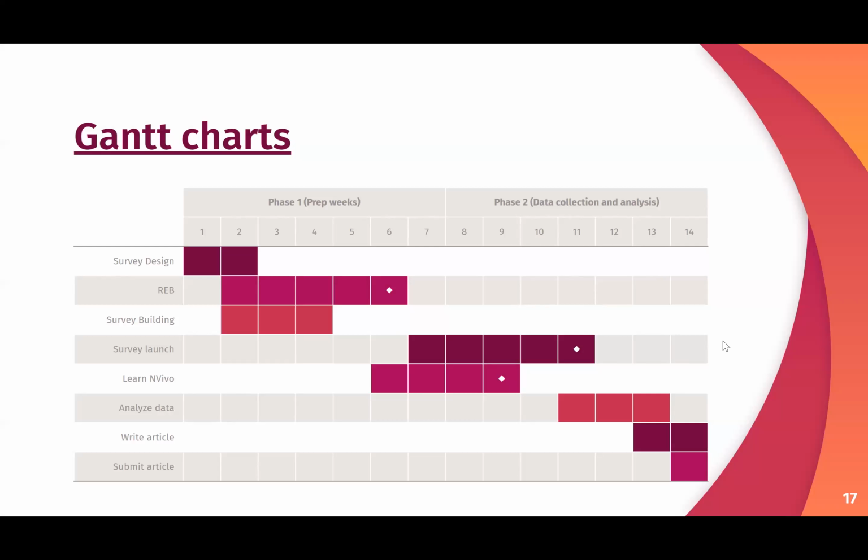So a popular way of doing this is Gantt charts. When I taught this the first time, people were asking me where I got this template, which is just a graphic design template, so it's not a good one. But on the slides that we're sending, the title of the slide is a link, and it takes you to an Excel template for a Gantt chart if that's something that you want to do.